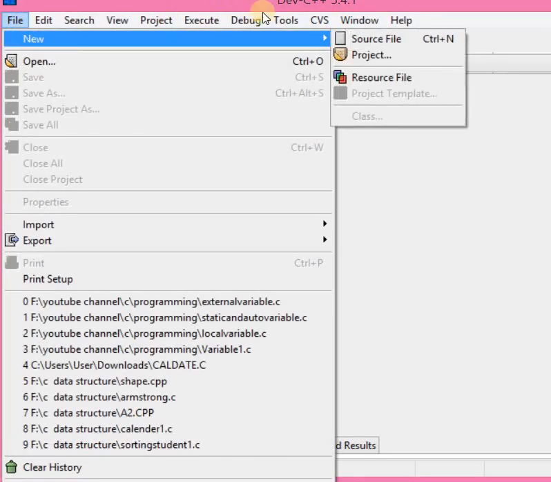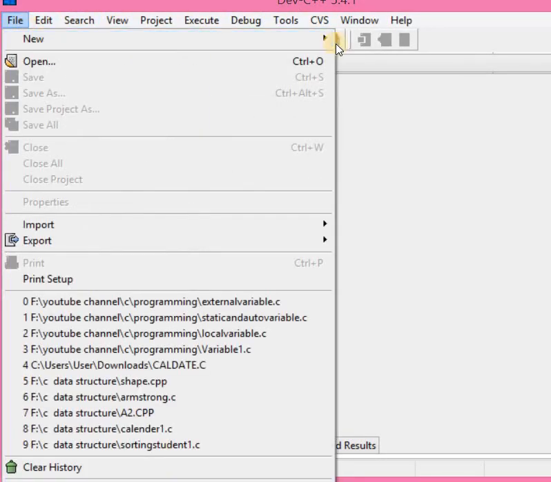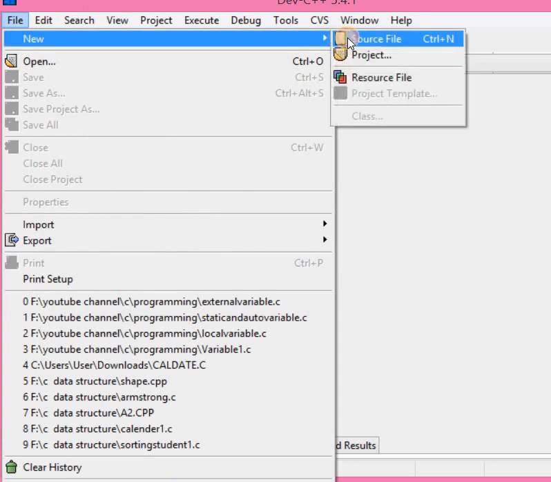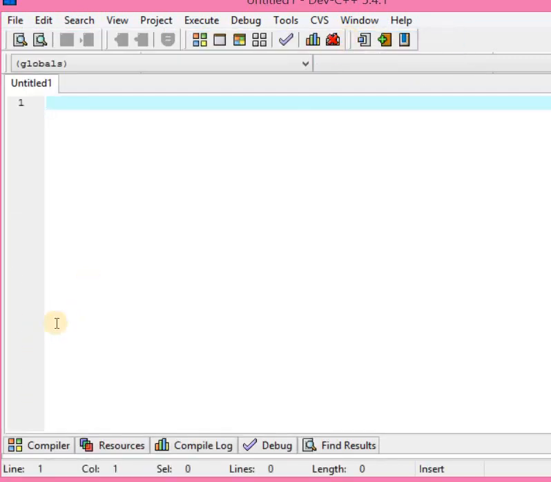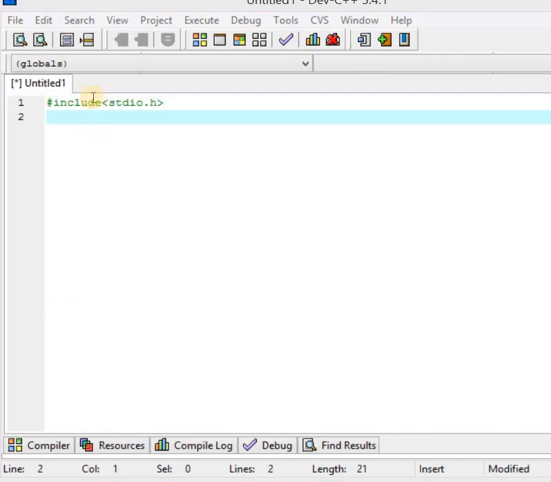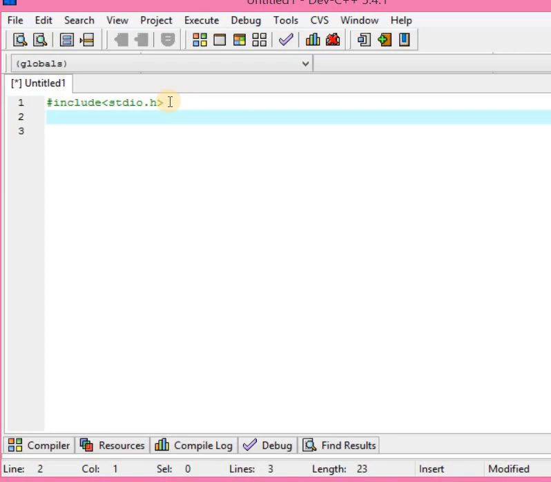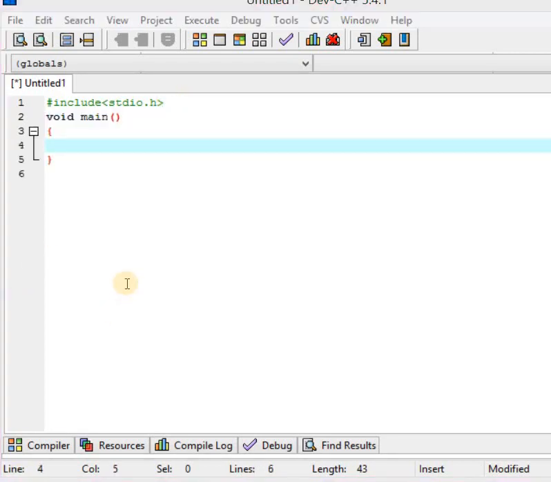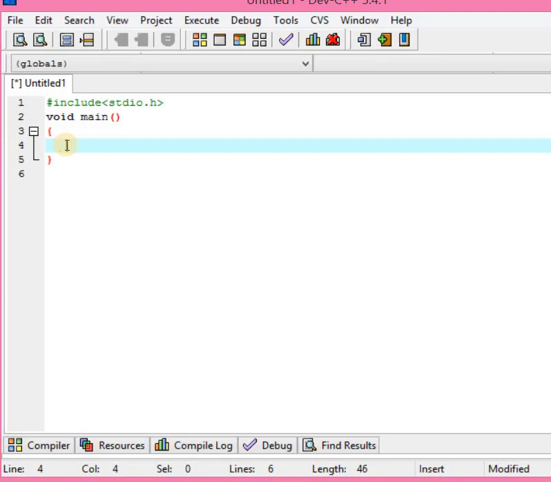File, new, source file, hash include stdio.h. We have already seen the point that hash include is the header file written for using printf. After that, for the first syntax without variable, we write void main. In that we write printf.